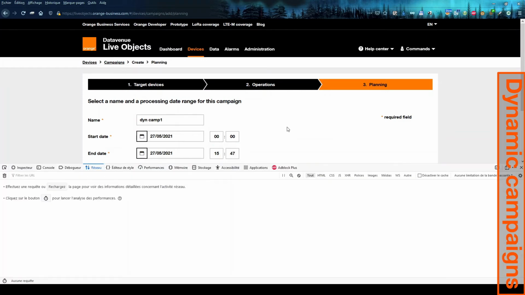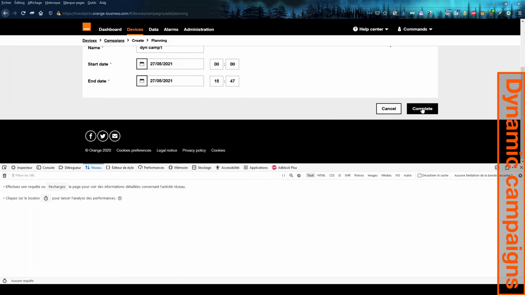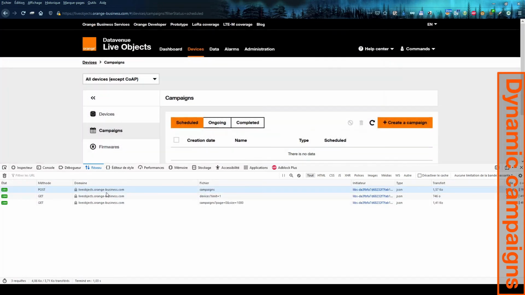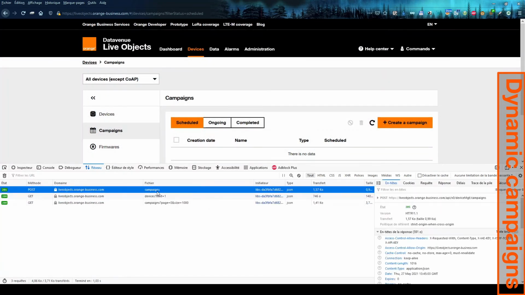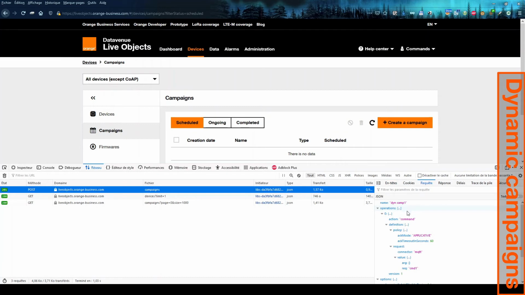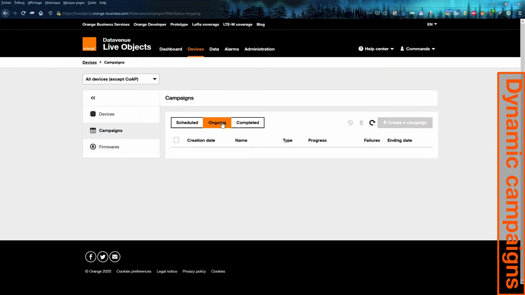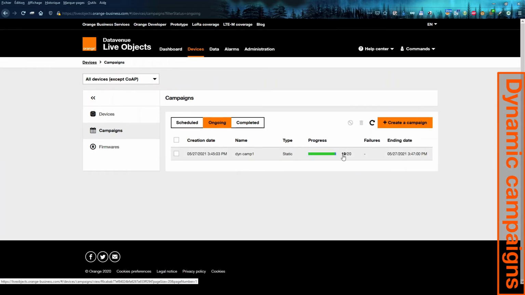I will also check on the network to see what happens here. We can see the post on campaigns with the full URL device management campaigns and the request that has been used, the application and all the options and the filter query. So ongoing 19 on 20.